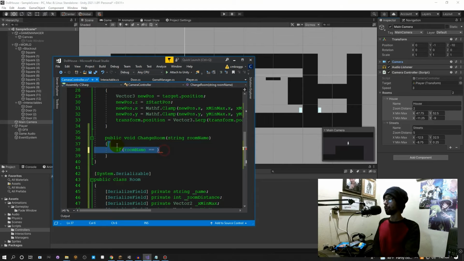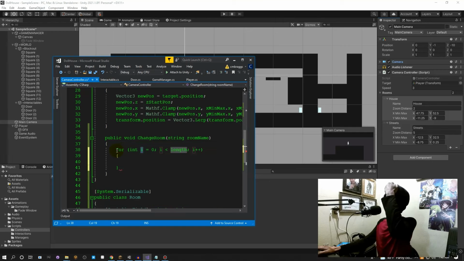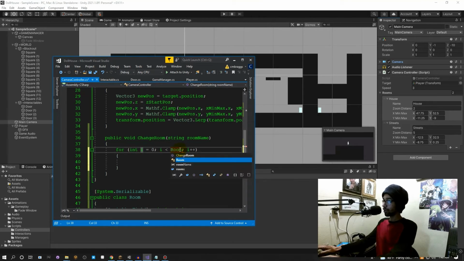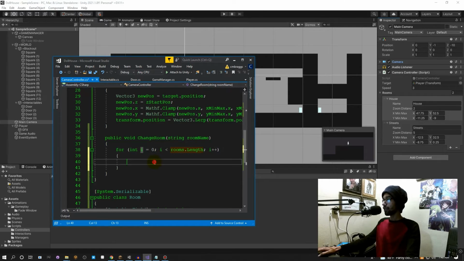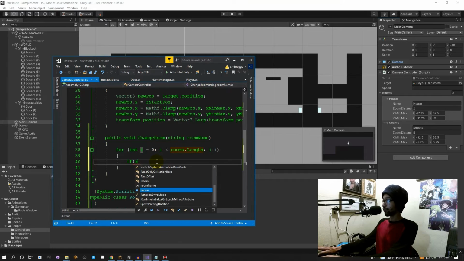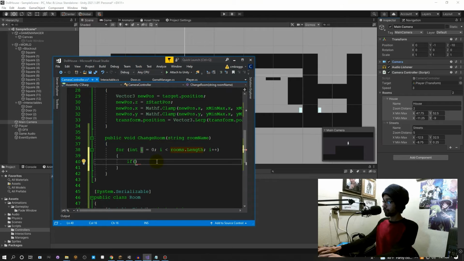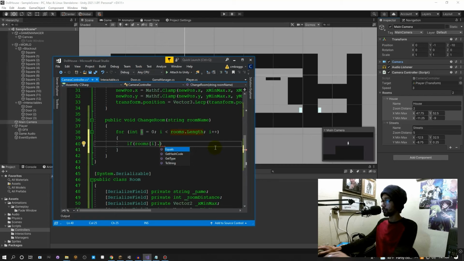Yeah, we could probably do a for each loop. Or not a for each, but a for loop. So we'll do a for loop, and then we're going to do rooms.length. How about that? And then we're going to say if rooms[i].name, or rooms[i], yeah, that gets that, and then we're going to get the _name,